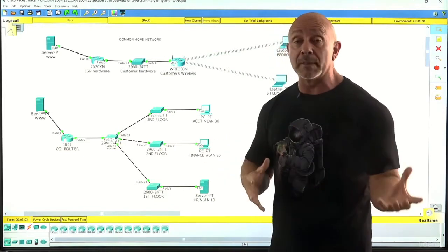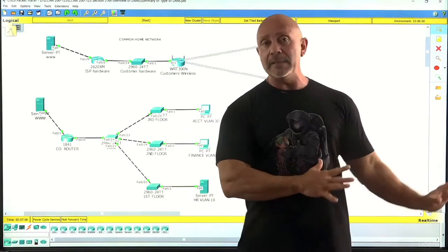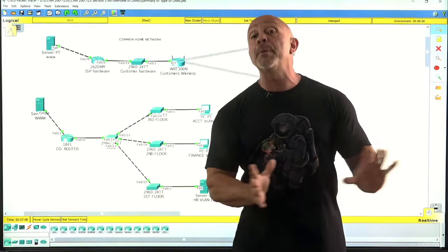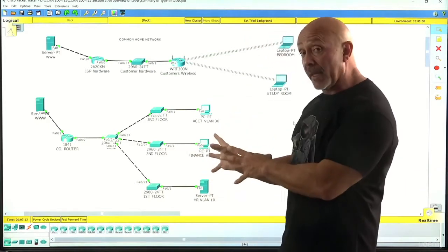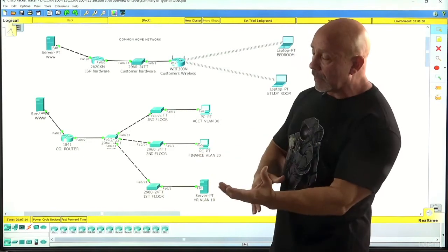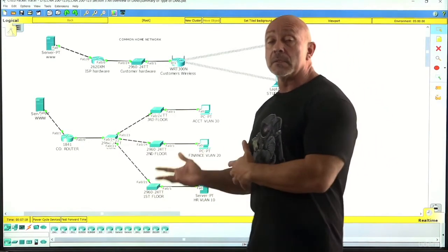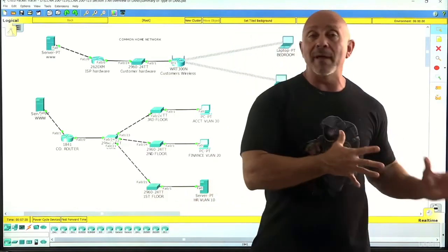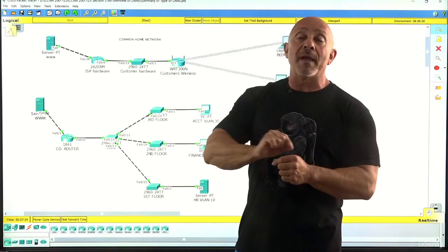Unless you're going to something like Token Ring to make the comparison. Token Ring is a completely different standard, and uses a completely different access method, where here we have CSMA/CD, carrier sense multiple access with collision detection. In Token Ring, we have token passing. There's a little token, and you can only talk when you have the token.